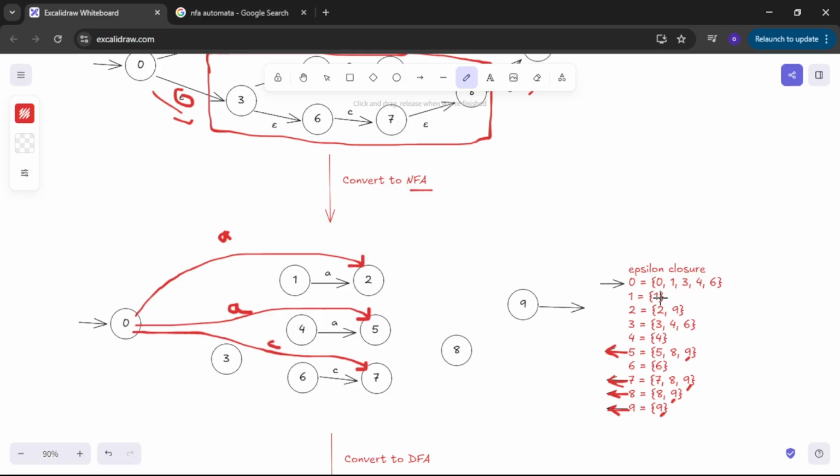1 has only 1. 2 has 2 and 9, so from 2 I have nowhere to go, and from 9 I have nowhere to go. So let's see 3 goes to 4 and 6, so 4 goes to 5 by A, so from 3 I will go to 5 by A,